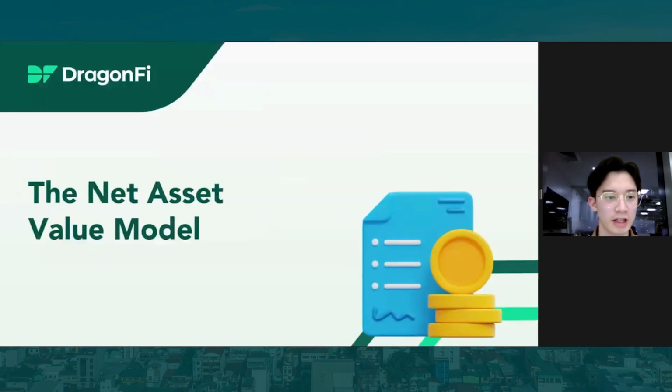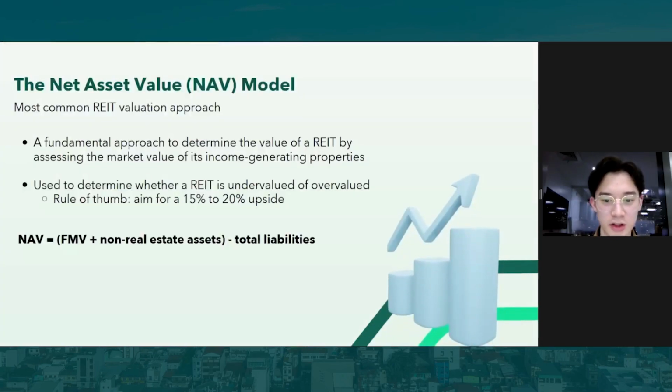Okay, now it's time to tie everything together using the net asset value model. This is probably a very, very common REIT valuation approach. It's a model used to determine the value for a REIT by assessing the market value of its income generating